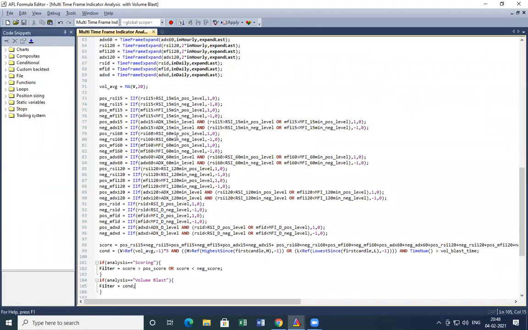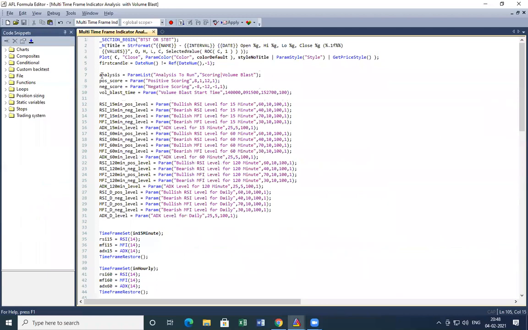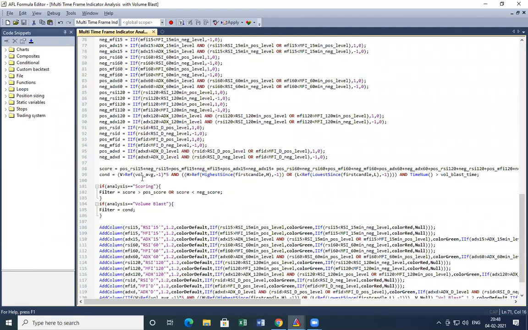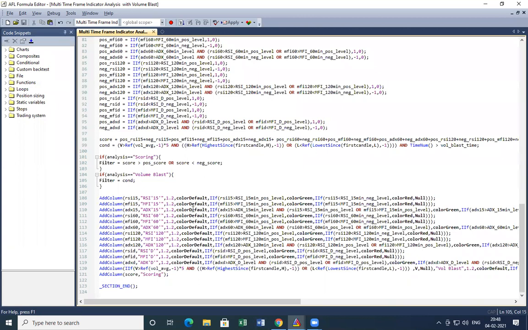So, and okay, I'm not going to explain this line, this line, this line, and this line, right? What I'll do is I will upload this code in my Google Drive so that you can download this code and try to understand what I'm doing here in these 3-4 lines, right? Just give it a try. See, I can only show you a few examples. The rest you will have to practice on your own. The more you practice, the more you will be familiar with AmiBroker coding.